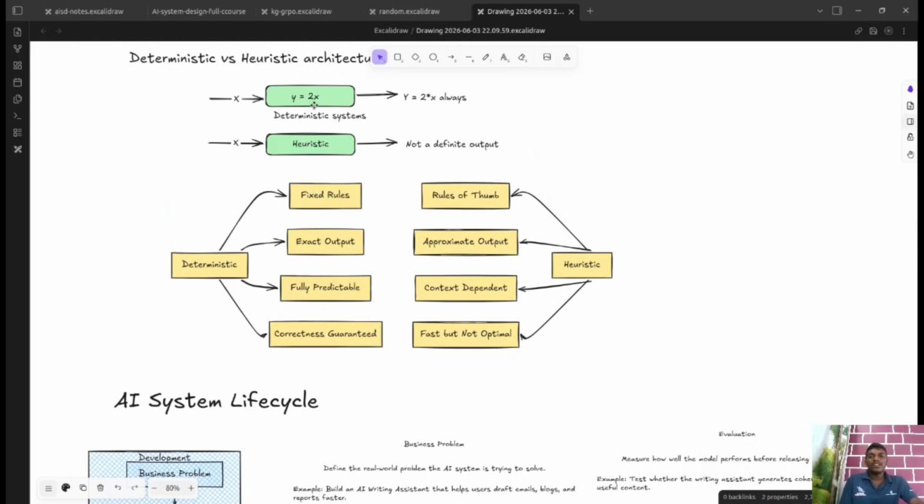The rule is that to get output you multiply x by 2. So the outputs are always exact, so you are always supposed to get the exact outputs. Whereas heuristic systems mostly go by rules of thumb, which are not strict mathematical rules. For example, if a customer buys some product A frequently, then AI systems actually recommend similar products, and